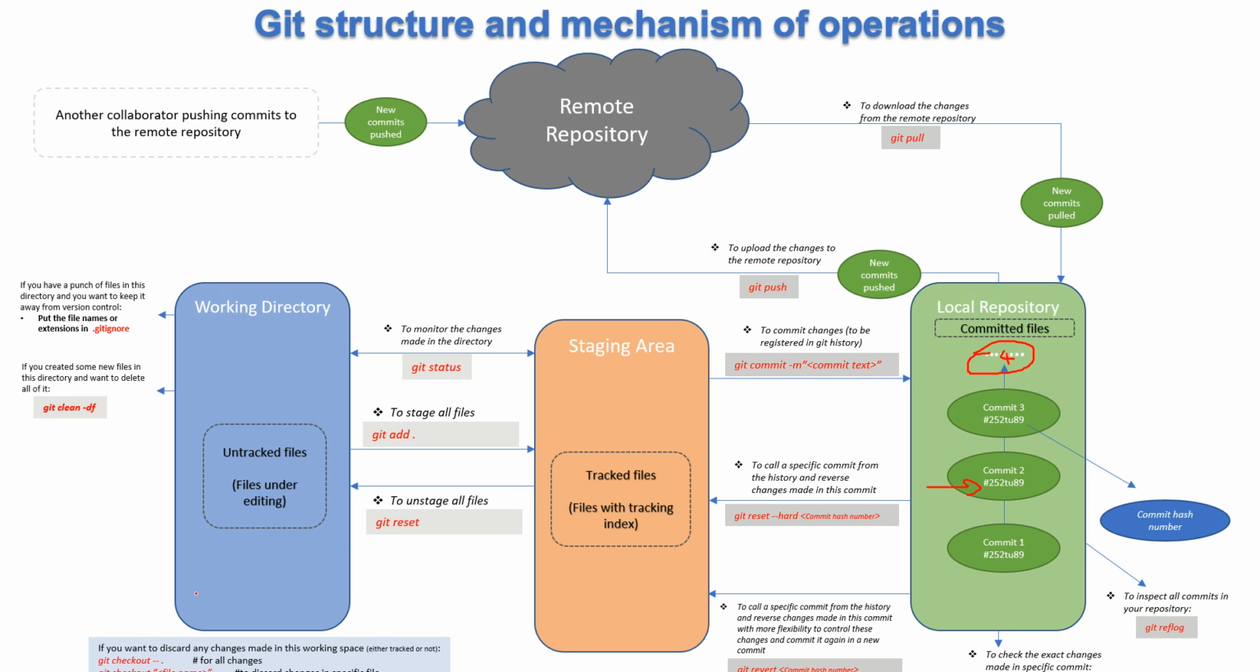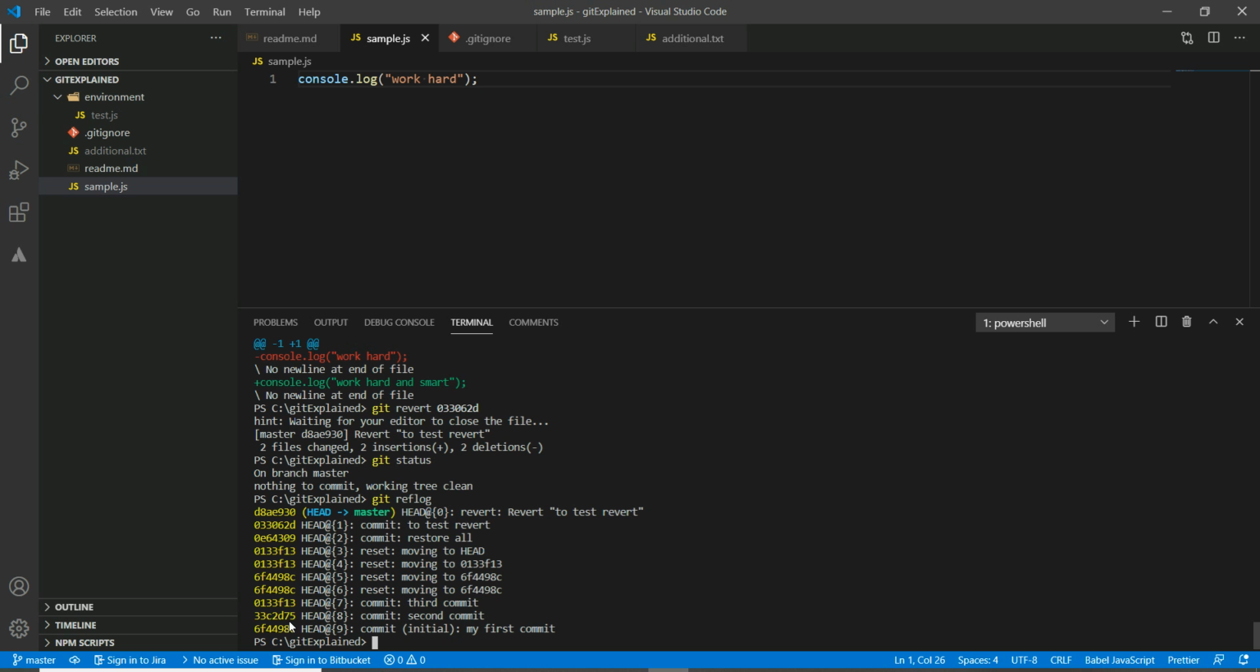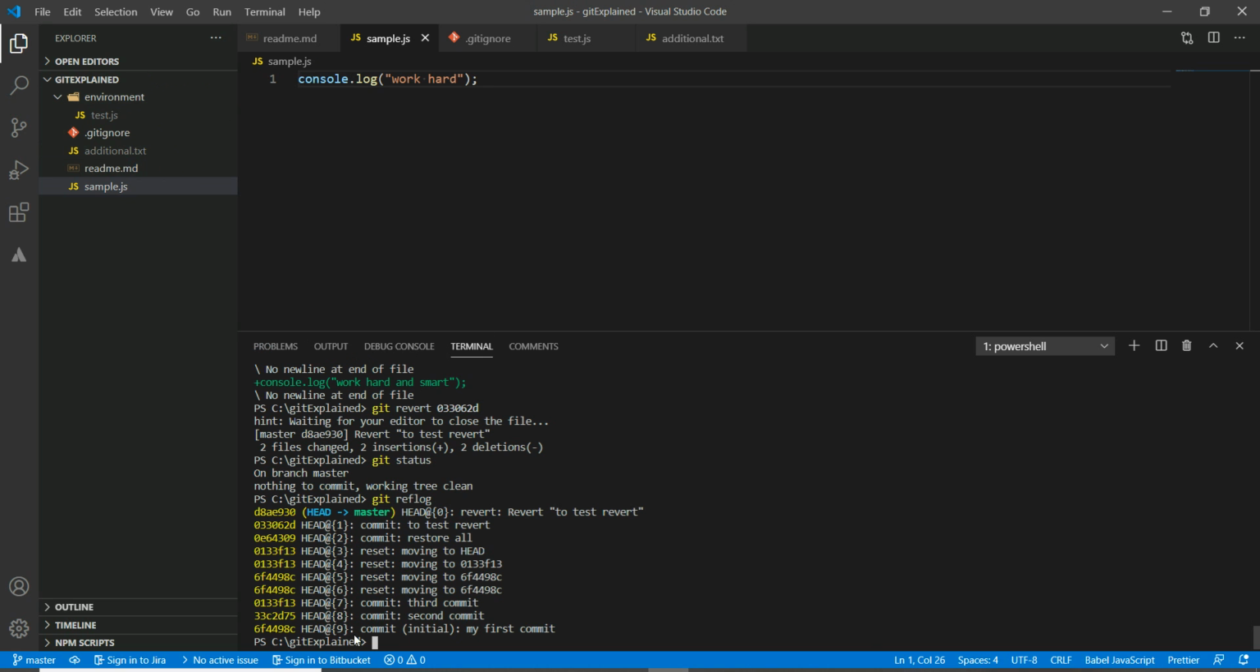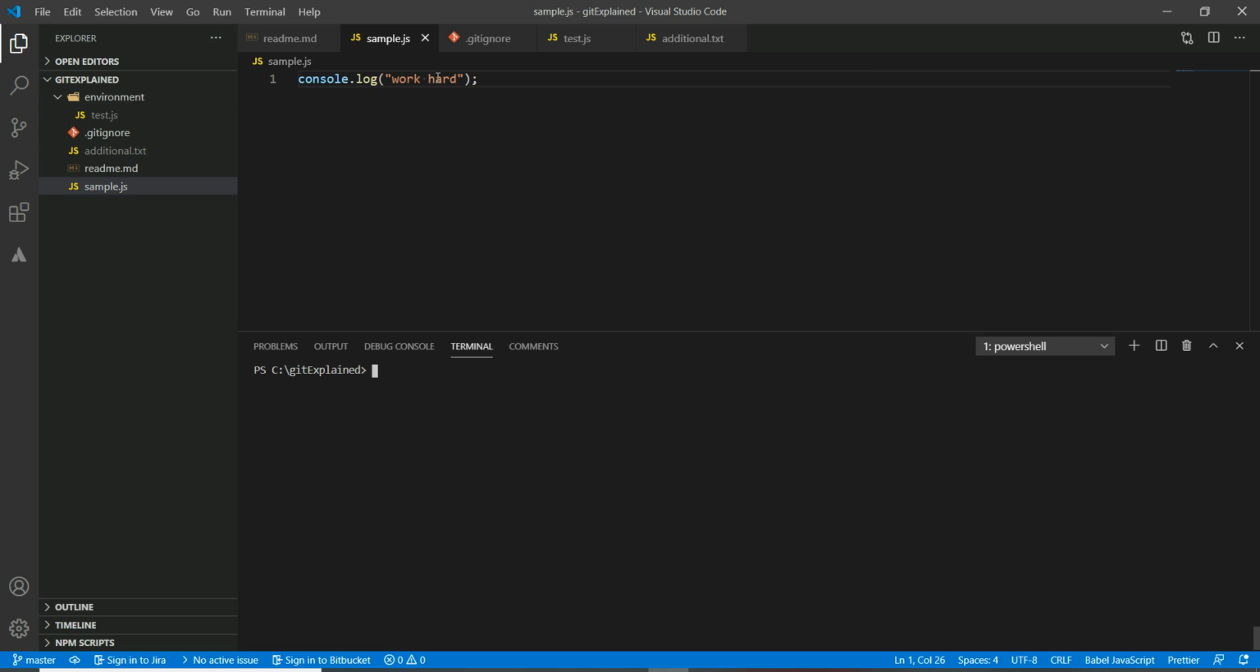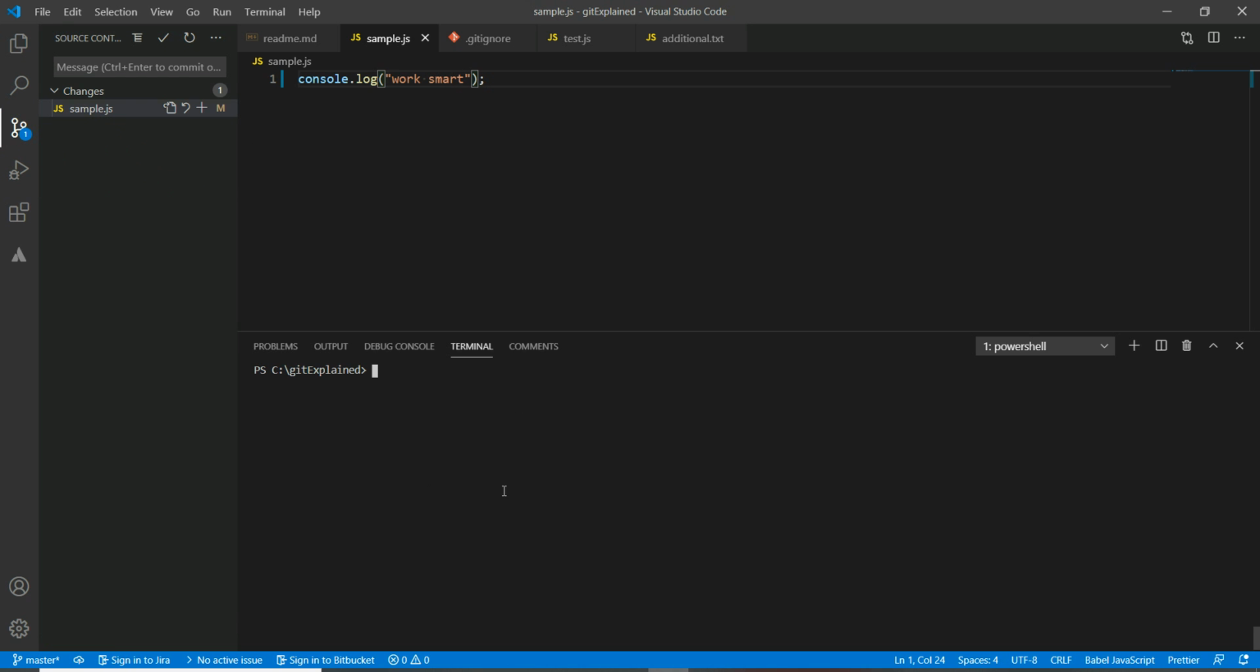In this case, you can use something called git checkout. Let's have an example of this. Now this is our current situation. I will just clear the command. Instead of work hard, we will say work smart, and we will save the changes. Now if we press git status,